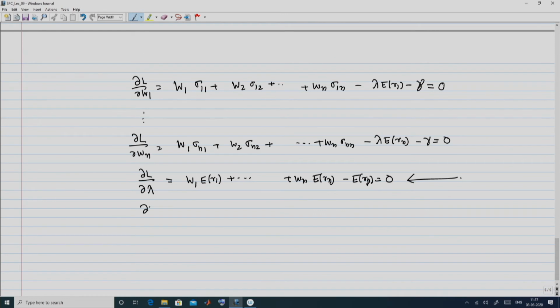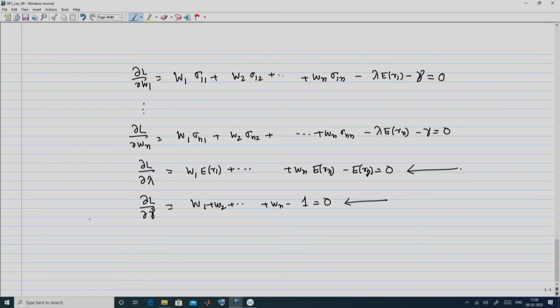Okay, so then del L del lambda, del gamma: this is going to be W1 plus W2, all the way to Wn minus 1, equal to 0. So this is satisfying the constraint that the sum of the weights is equal to 1. Okay, so in concise form,